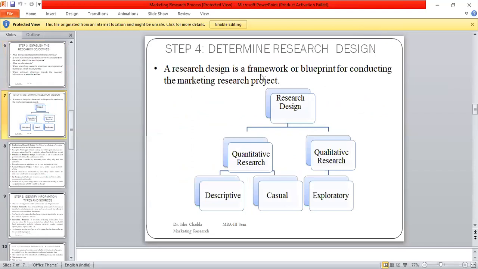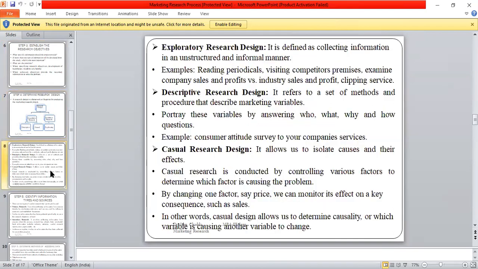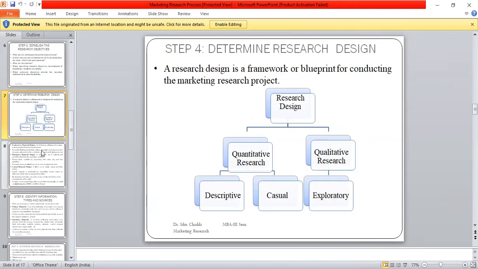You have to determine your research design. You have to see what your research design is, whether it is quantitative research or qualitative research. If it is quantitative research, you have to include descriptive or causal research. If it is qualitative research, you have to include exploratory research. Firstly, see what is